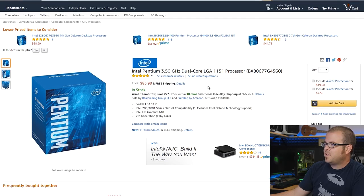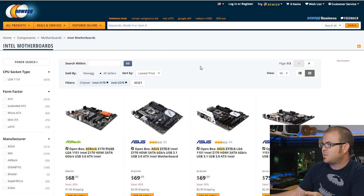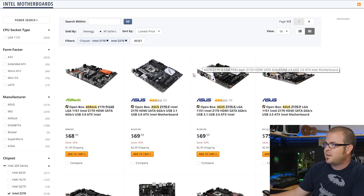Here's a G4560. It's popular because it's Kaby Lake architecture. It's low priced, although right now it seems kind of overpriced. You should be able to find this for $70. This is expensive on Amazon right now, so maybe search around and find a better price for it. But it's dual core with hyper-threading, and it's a great entry-level chip. But again, you're not going to be able to overclock on an inexpensive motherboard. You can't overclock that Pentium chip anyway. But I would say take a look at